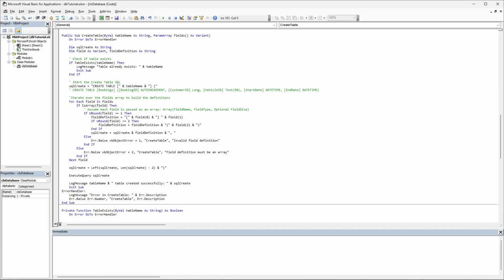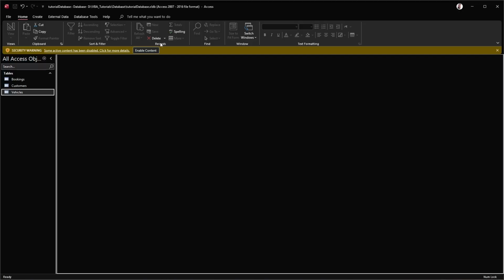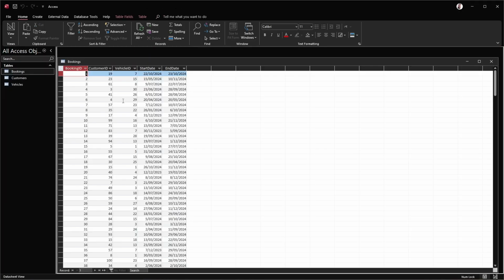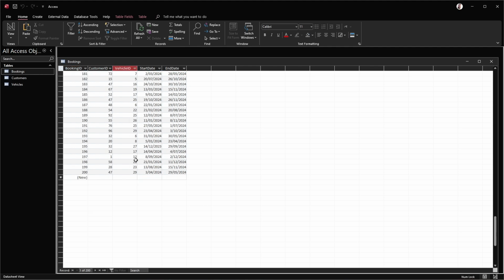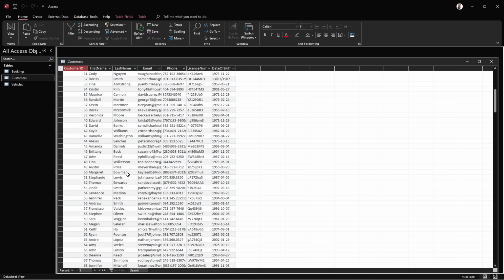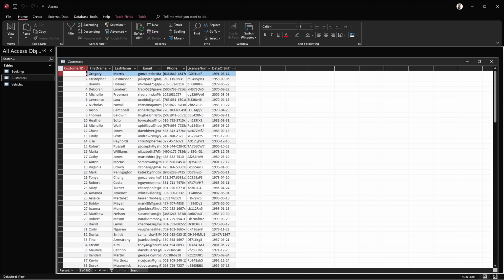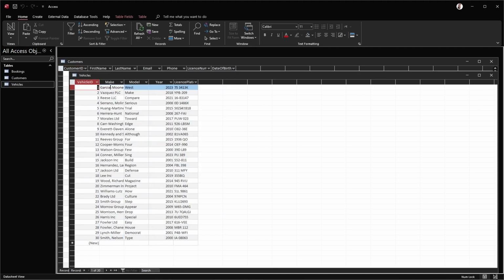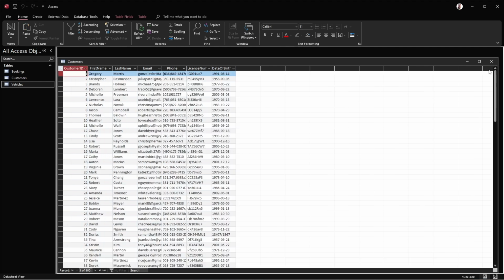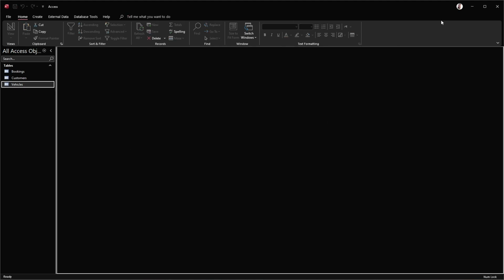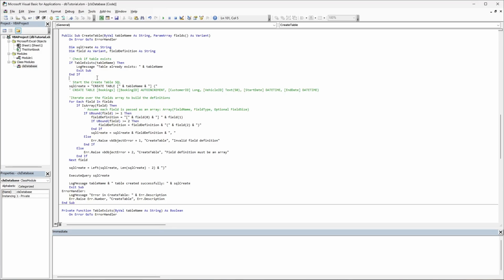Now, I'll just show you in here, I've just filled up our database with some dummy data. So our bookings, we have a few hundred bookings in here. Customers, none of these are real people, neither are our cars. This is just all dummy information just for the sake of populating our database. So we're going to come back in here into our